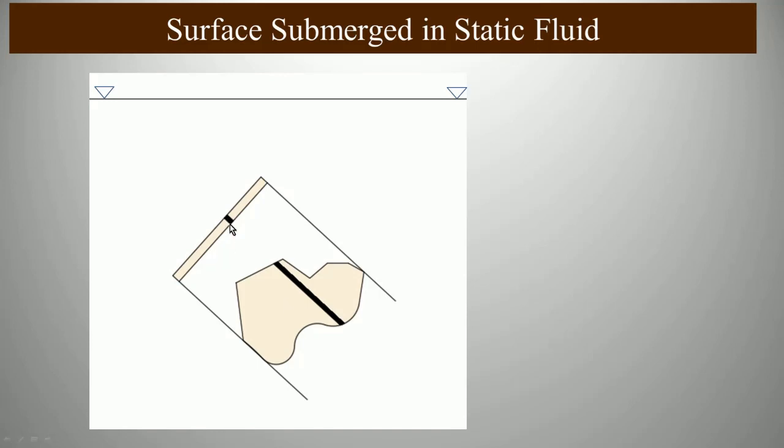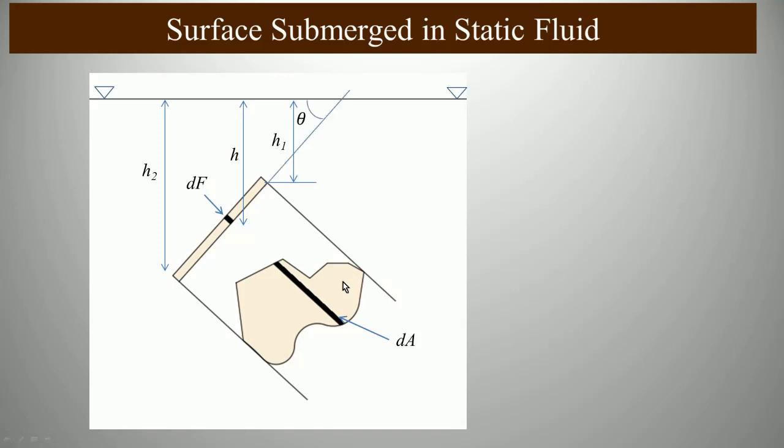The strip is actually here; if you imagine, it is towards the outside of this board, and this is the strip when we see from the front view. We will say that it has an area of dA and a force dF is acting on that. The pressure forces are always normal to the area, so the force acts normal to that surface, and it is at a distance of h from the free surface of water. The bottom of the plate is at h2 distance and the top of the plate is at h1 distance from the free surface.